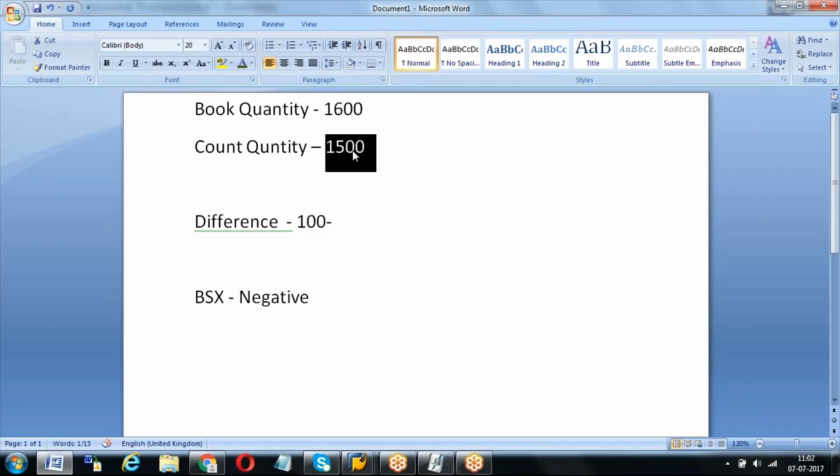Loss means stock has come down. Now when you are posting, your stock will become 1600 to 1500, decreasing. That's why the BSX stock account will become credit, means minus.